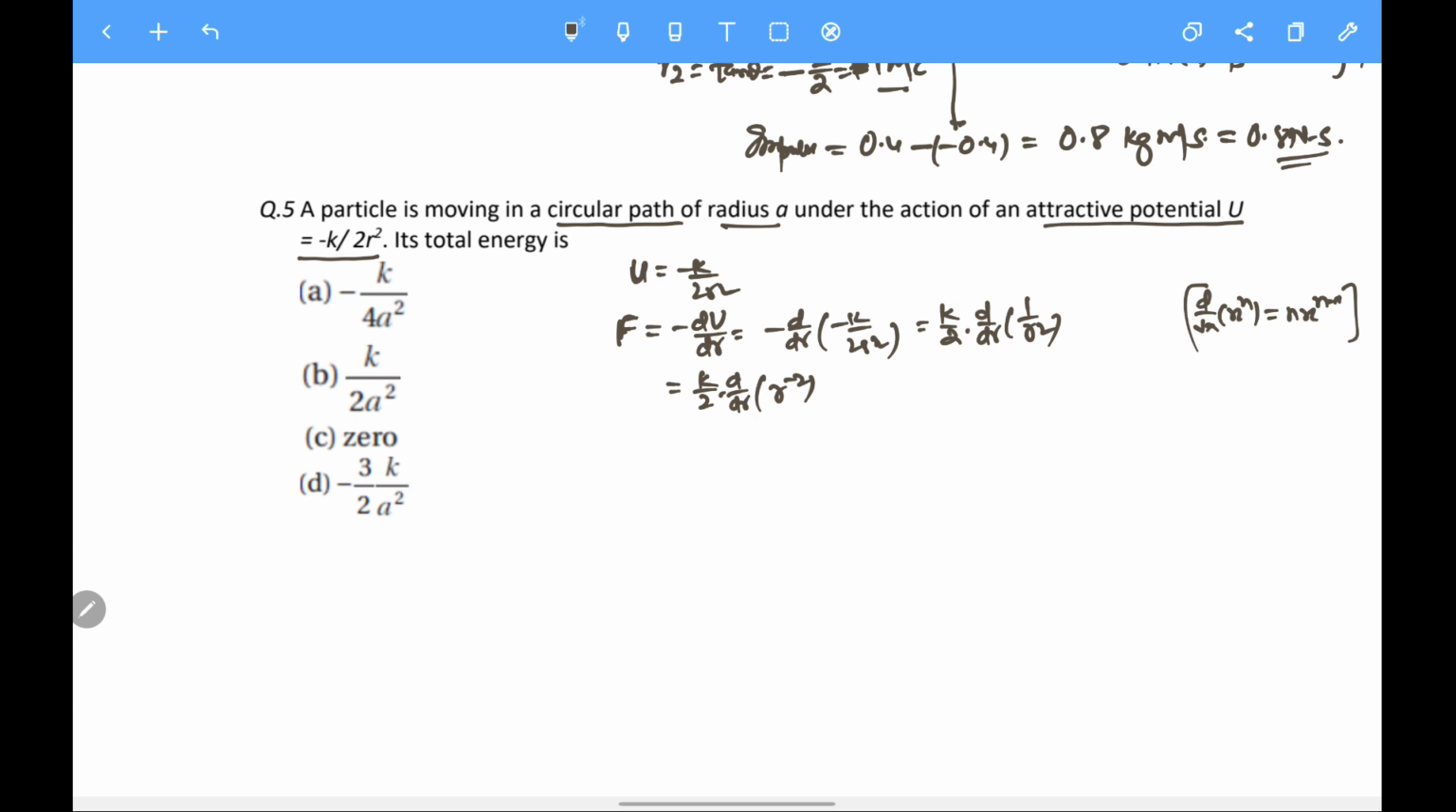it will be equal to k by 2 into n, that is minus 2, into r to the power minus 2 minus 1, that is minus 3. So we can write it as minus k by r cube. Because the particle is moving in a circular path, there will be a centripetal force, and this force which we have calculated will act as the centripetal force. Therefore, centripetal force is,